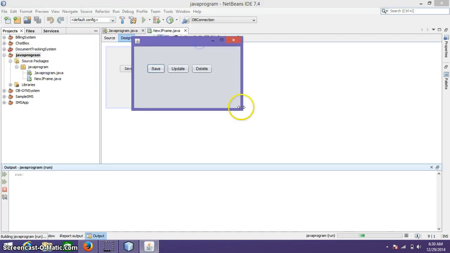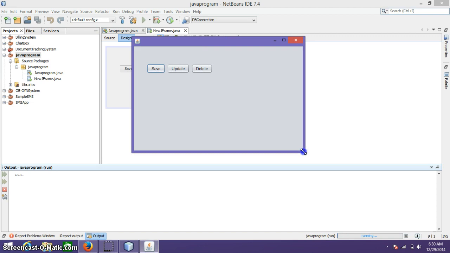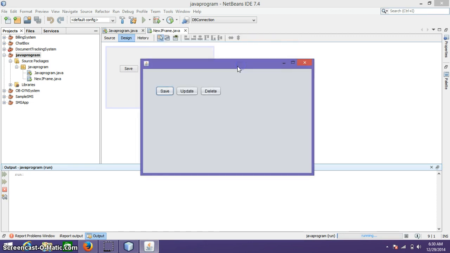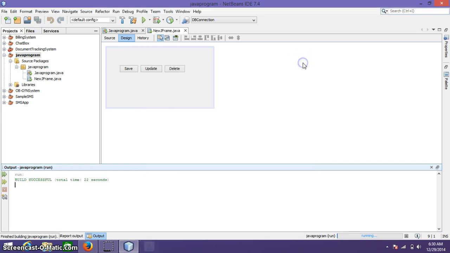Okay, so this is our JFrame and these are our three buttons. As you notice, the three buttons are clickable, meaning they are not in disable mode. Okay, we try to disable the update and delete.